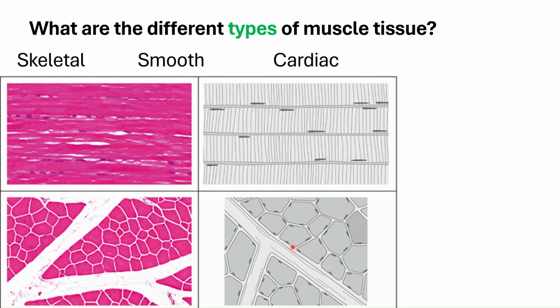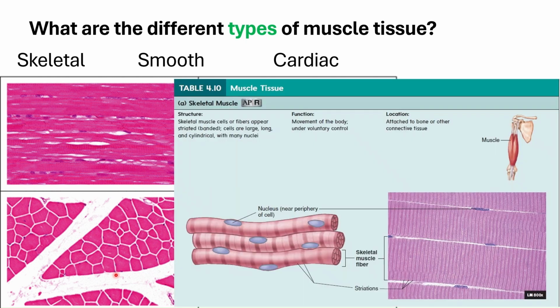Here you can see multinucleated, and the nuclei are located at the periphery of each muscle fiber. And in this section, you can see that here you would have your perimysium and your endomysium. Do not forget to identify the connective tissue elements of your muscle tissue that we have talked about earlier. It is usually seen in the parts of the body that we can voluntarily control, and this is the one that usually allows our bones to move, attached to bone or other connective tissues.